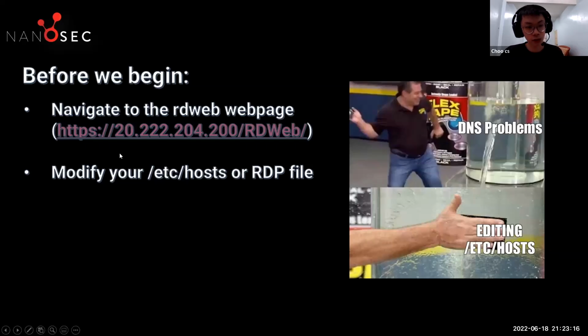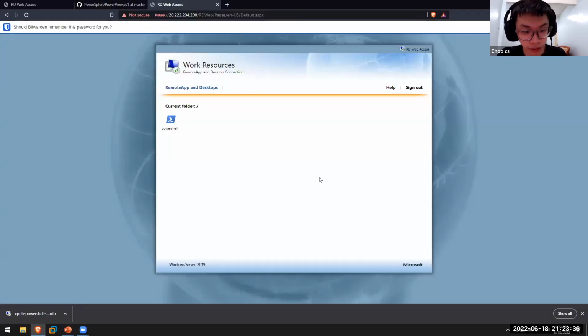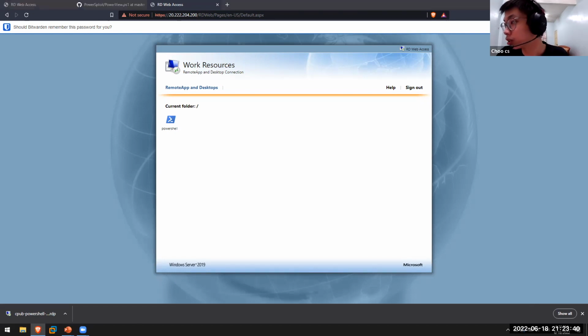There are two ways that you can connect with your RDP file. One is by modifying your etc host file, or the RDP file itself. I'll be demoing two methods on how you can RDP into the machine. Yeah, we have some DNS problems, so we need to use some alternative ways. The first way would be